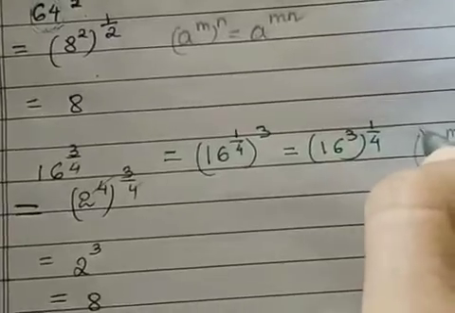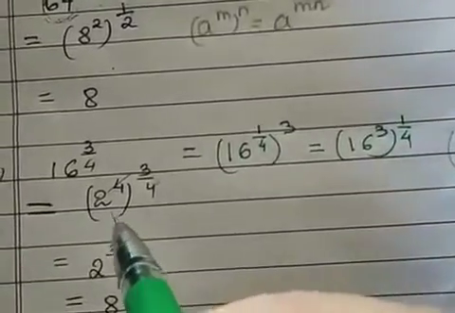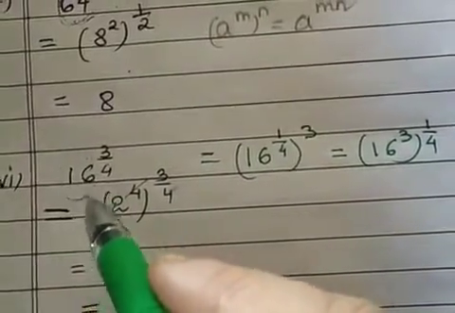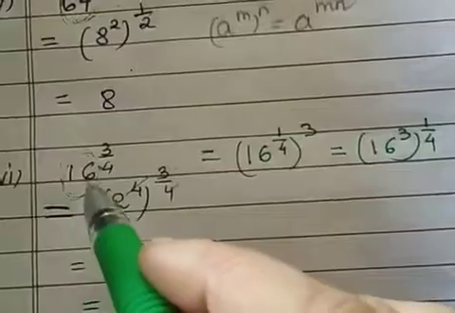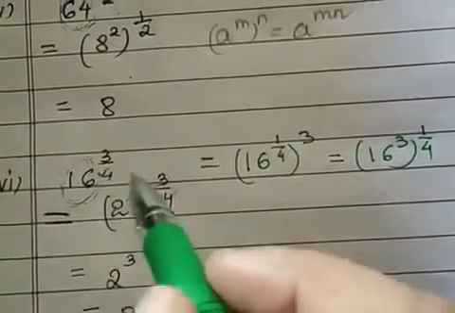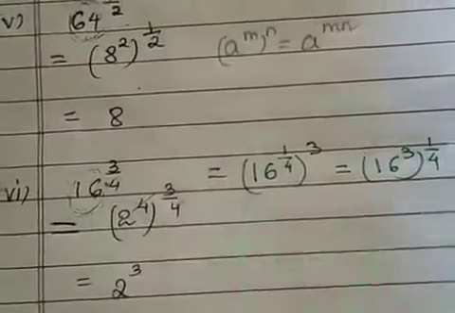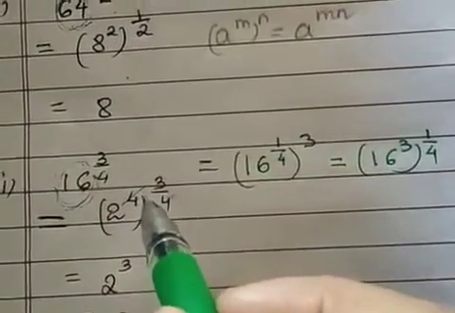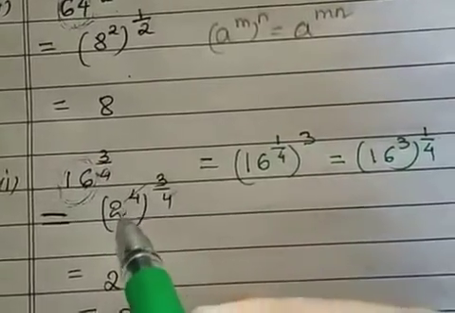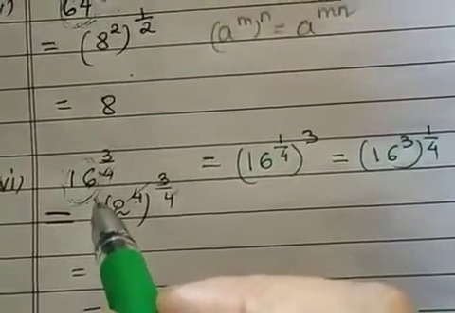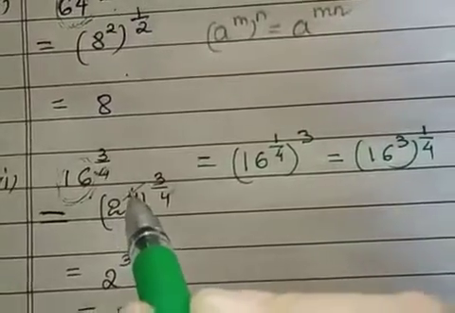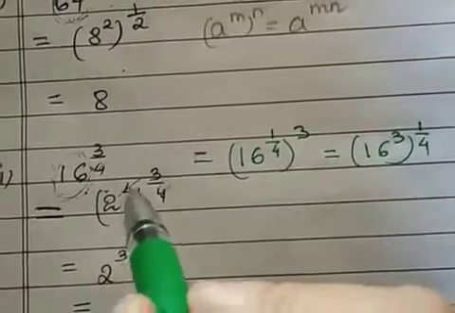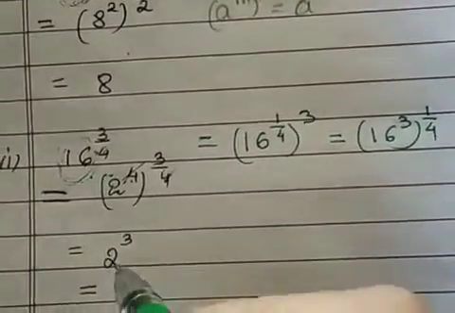It's one of the same thing. Or the third way I can do is, I'll check if I can write this number as fourth power of some number, so that I can cancel this 4. So 2 raised to 4 is 16. So if I write 2 raised to 4 here, then I'll get 3 upon 4, and this 4 and this 4 get cancelled, and it is 2 cube, which is 8.